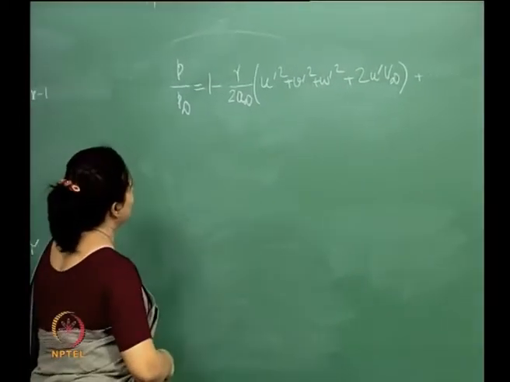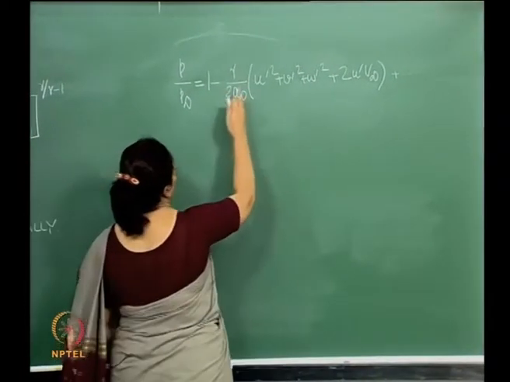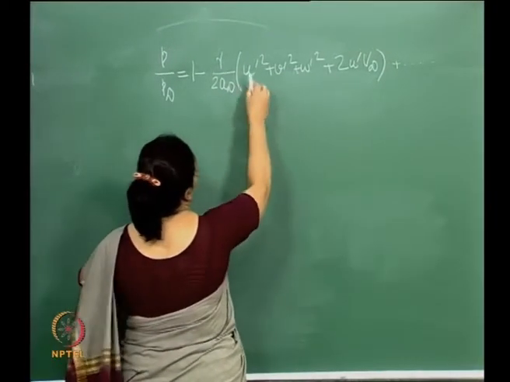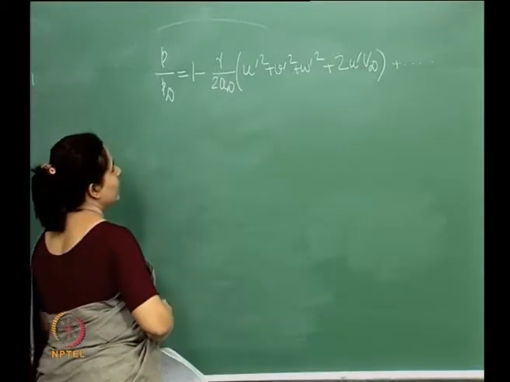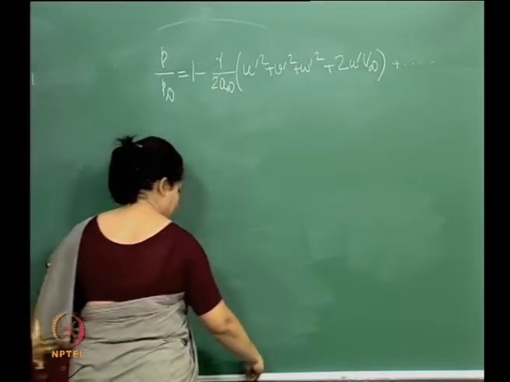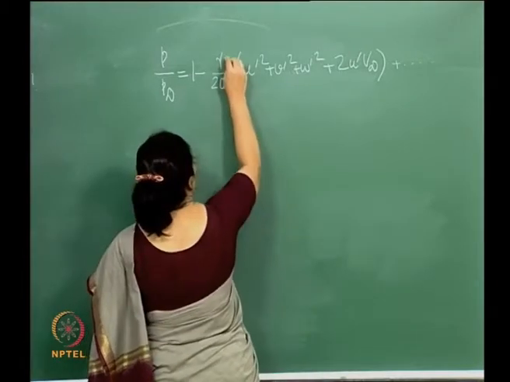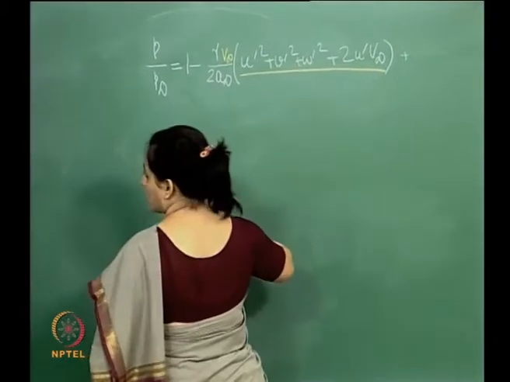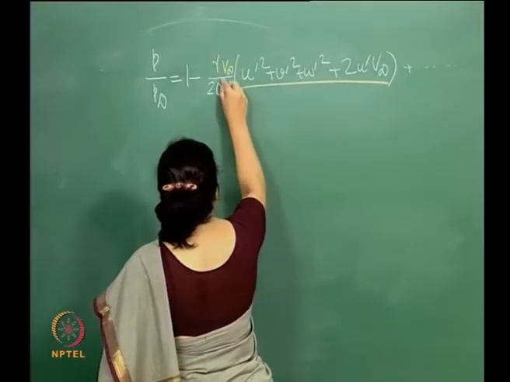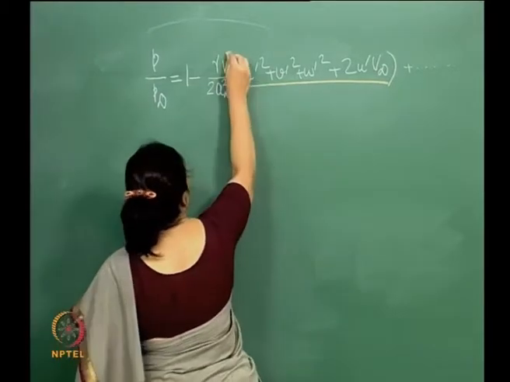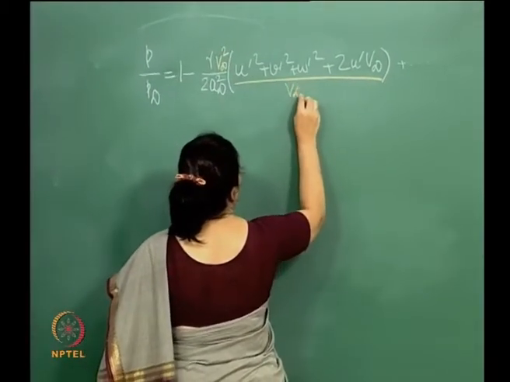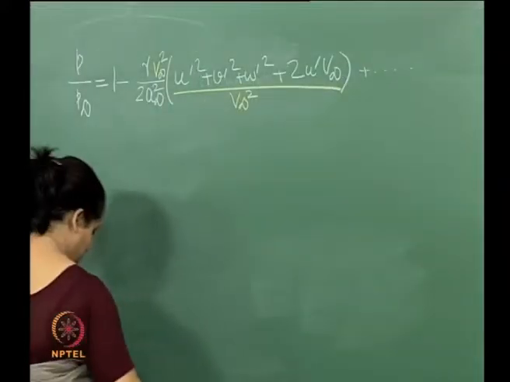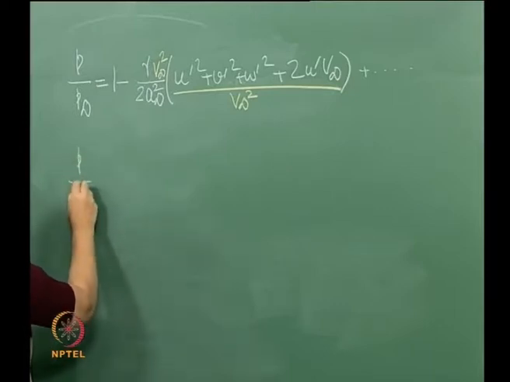Okay, now we will do a very simple thing. What we will do here is we will multiply this by v infinity. So essentially what I will do is multiply this whole thing by, okay, sorry, this was infinity square. So we will multiply this by v infinity square and v infinity square, right? Now if I do that, then what do I get? So therefore what I get here is